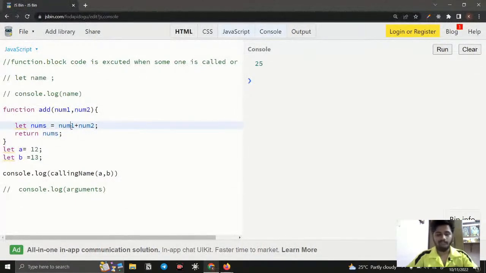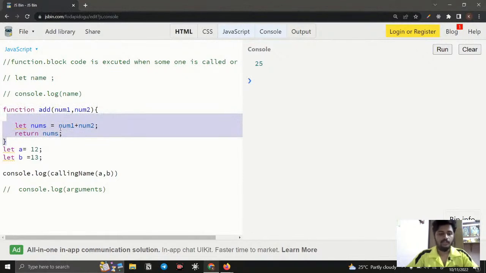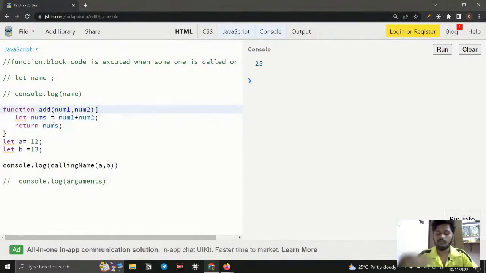So this is actually a function. A function is nothing but, if we want to execute a block of code, we can wrap it, and whenever we want we can execute it. So you can use the function whenever we want, and you don't have to repeat that block of code. Like if you want to do the same operation for some other values,